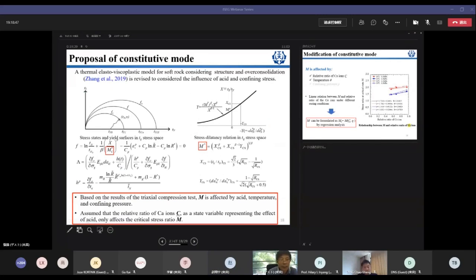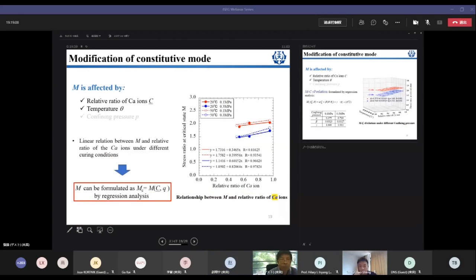However, in this case, the shear stress ratio at critical state is no longer a constant value. It depends on the acid constitutions, the temperatures, and also the confining stress. So that's why we have to modify this constitutive model again. So you can see some modification of the